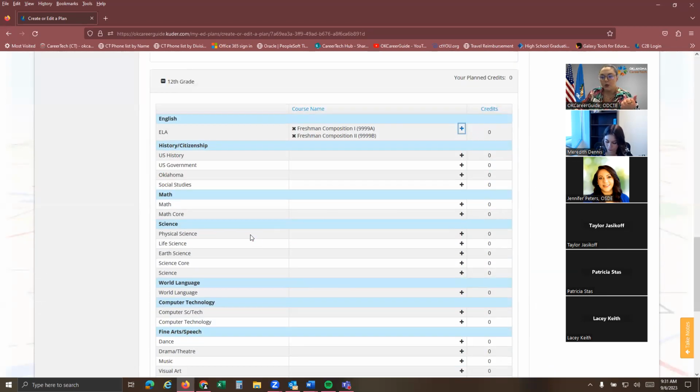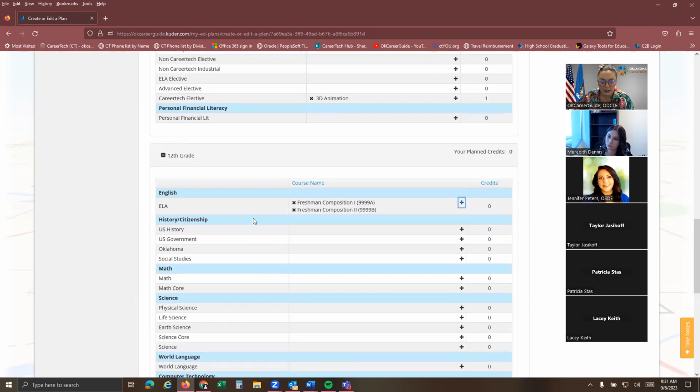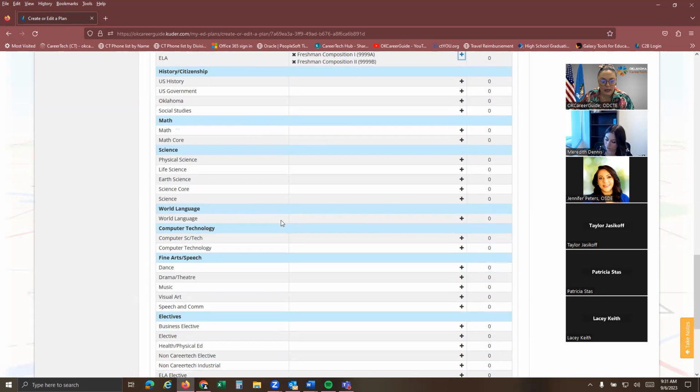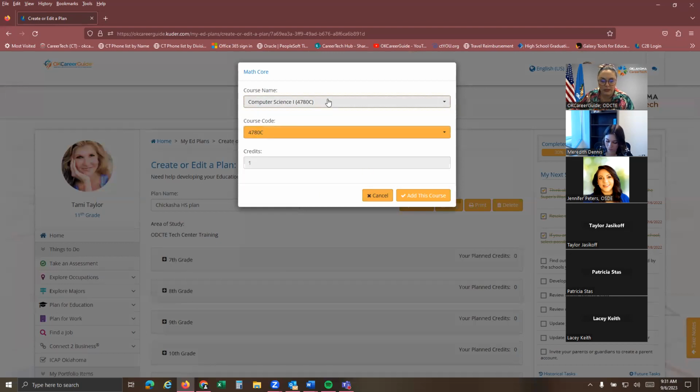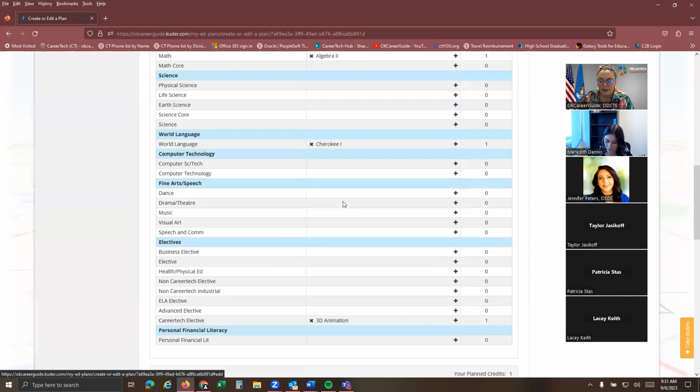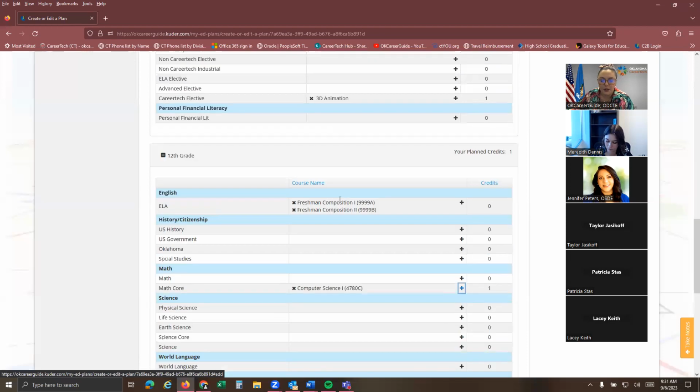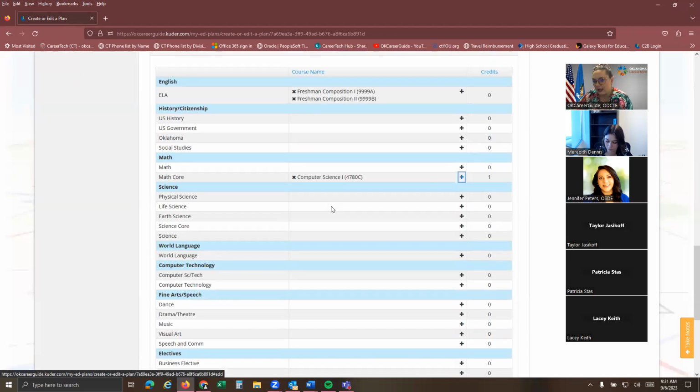So those are my 2 English courses that will fulfill my English 4 requirement at the high school for my senior year. Let's just say they are going to do calculus. I don't know. I'm just going to click computer science then. That's good. That was just a random one. But as you can see, that's where they can then go in and have a copy from 11th grade. And then they can edit it and update it for 12th grade too.